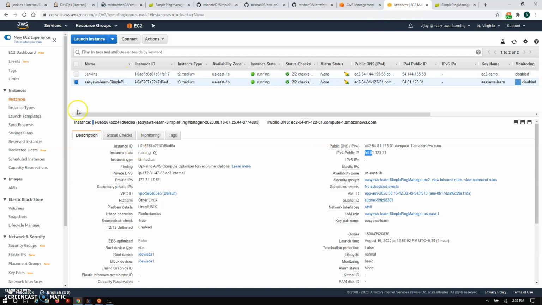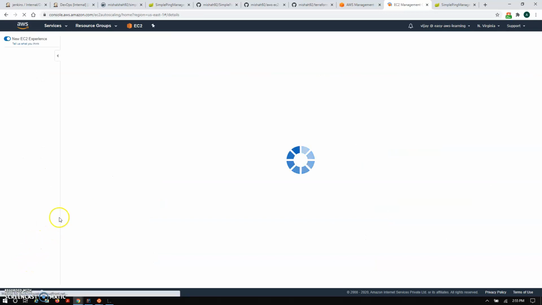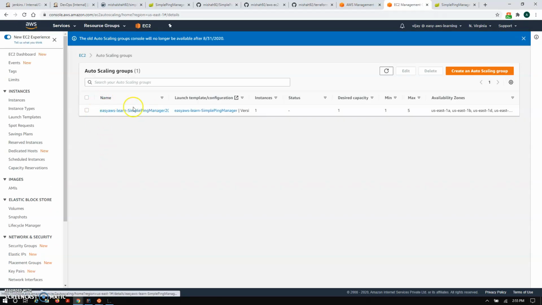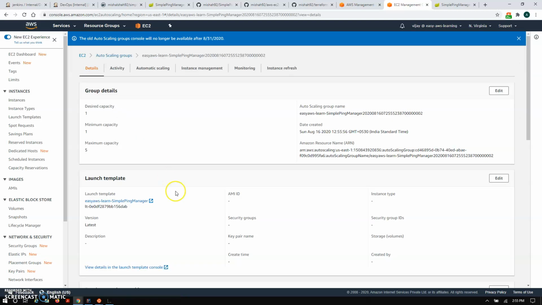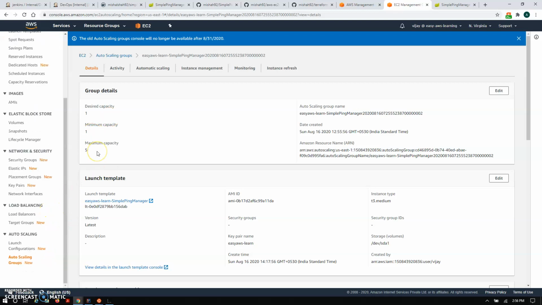Apart from the EC2 instance, we have deployed the autoscaling group. Let me show you the autoscaling group here. This autoscaling group is configured here. We have passed one as the desired capacity, one as the minimum capacity, and the maximum capacity is 5. We can configure the minimum capacity also, but as per this demo, I have taken 1. But we can improve that. We'll see in our code base where to configure the desired capacity, the minimum capacity, and the maximum capacity.